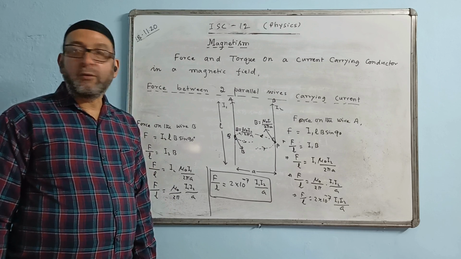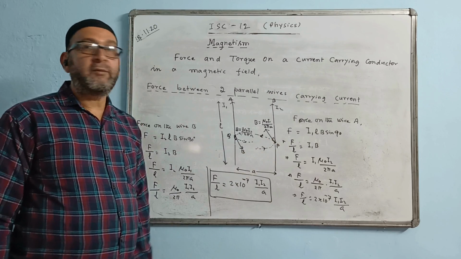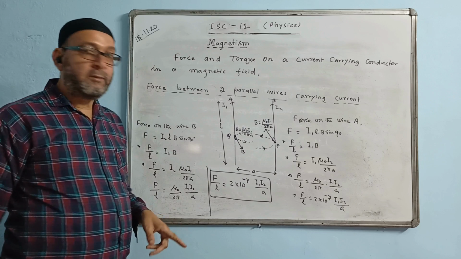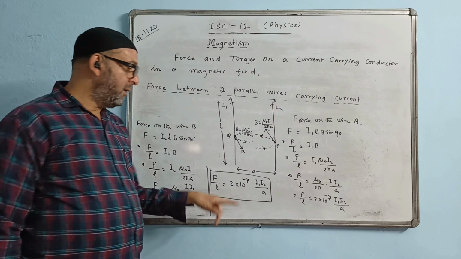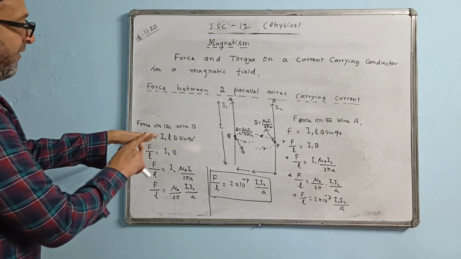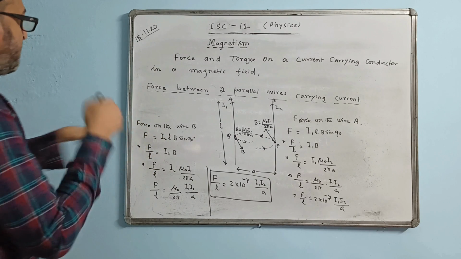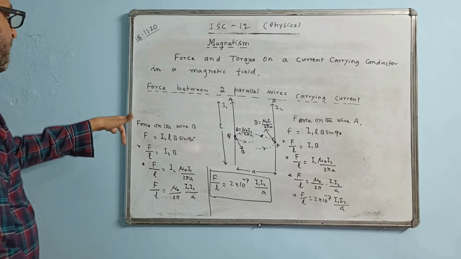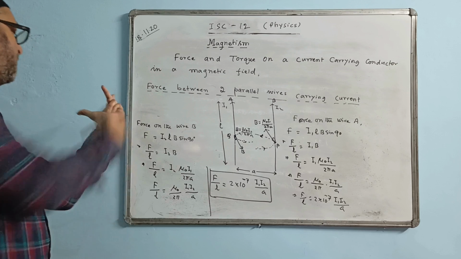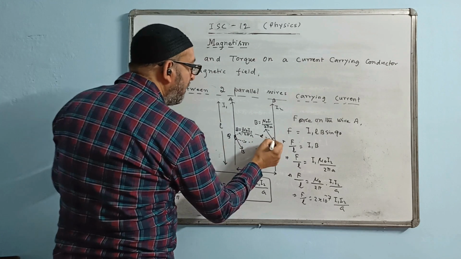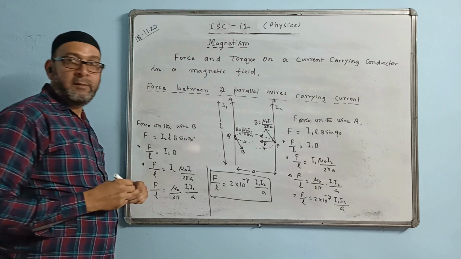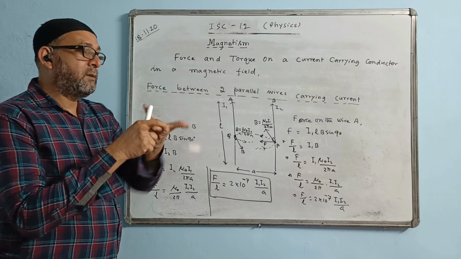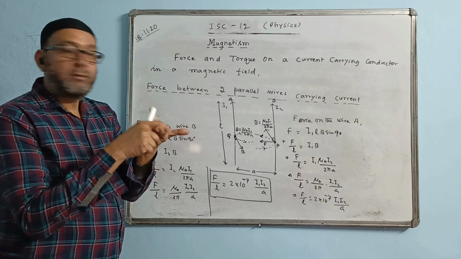Let us check the direction of force now. On this conductor, let us check it first. On the conductor B, magnetic field is going inward like this. Wire is carrying current in the upward direction. Let us check. This is F, this is B, this is I. Direction of B is like this, inward. Current, if you keep like this, is going downward, you have to turn the direction, current should go up. The direction in which the finger is coming is like this. The force will act like this, F. Here the direction of magnetic field is like this way, and the current goes up. The direction of thumb goes that side.